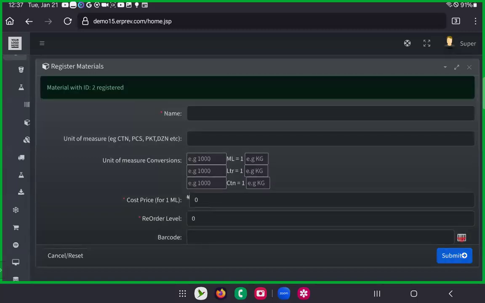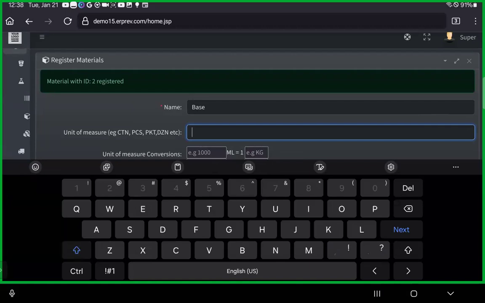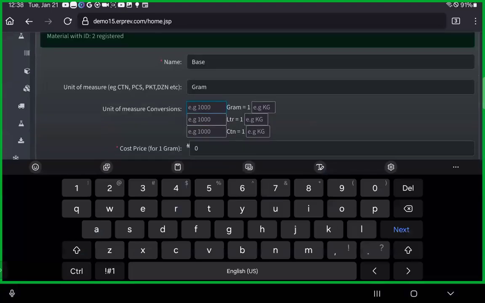Then let's register one last raw material. This time around, let's call it base. Just making this up. Base. But let your raw material names be very descriptive. Base, as in exactly the way you have them on your recipe to avoid confusion. So let's assume base is used in grams. Okay, so I'll tell the system that 1000 gram is equals to 1